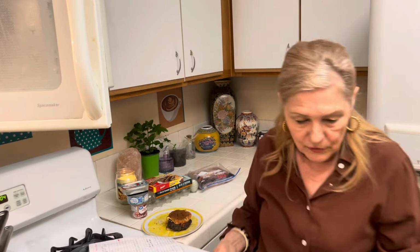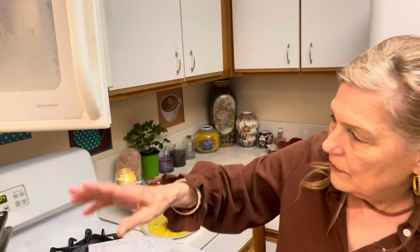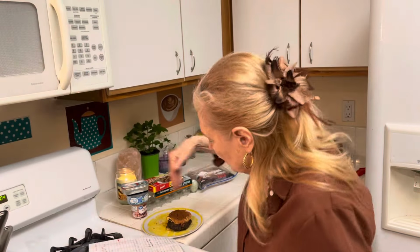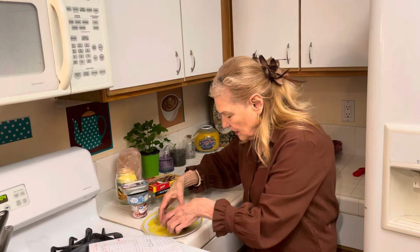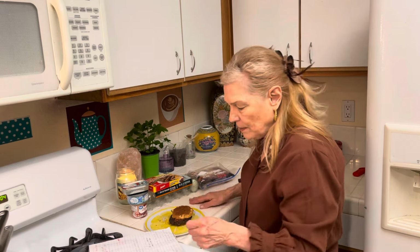Perfect for a night you don't want to cook. That could be every night. You could make these one night and eat them. Oh, it's hot. On the next night. Ooh. Okay,